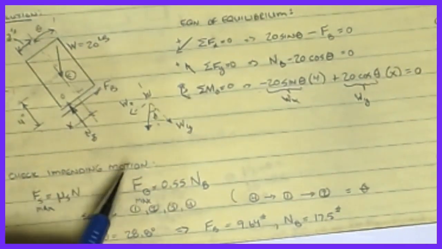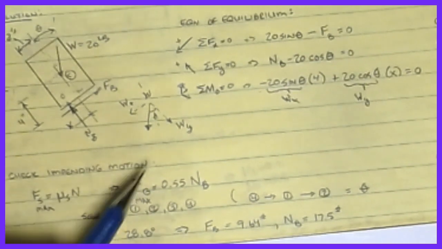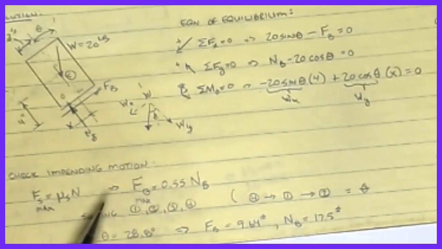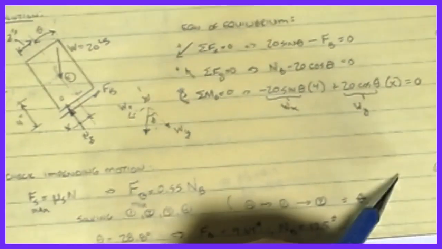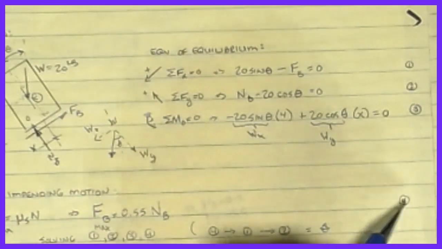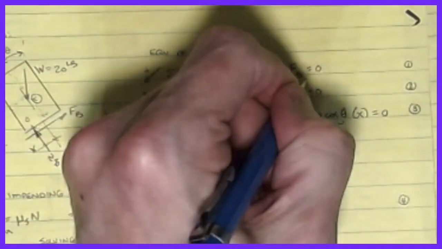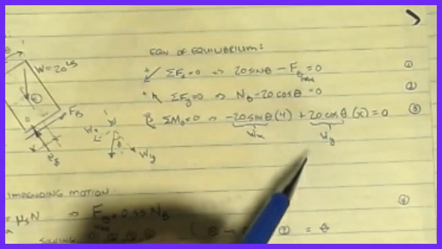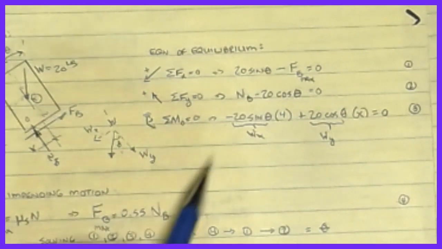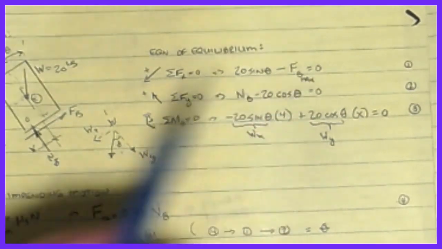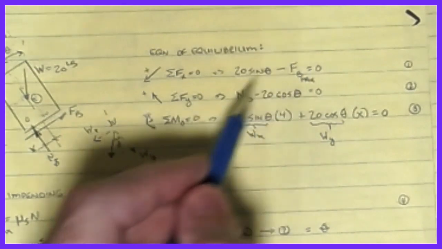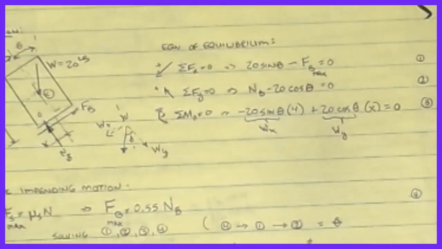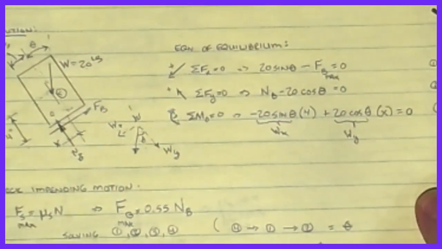So all I'm going to do is a bunch of algebra and substitute this guy in for FB. We're going to take our fourth equation and plug it into the first, that's my FB for equilibrium, solve for FB max, and then once I have FB max, I can find NB, and then NB can plug into here, and with that, I should be able to come up with an angle for theta. All right, and if I go through the algebra, again, that's just an algebra exercise, the information that shows up for sliding to occur would be that theta equals 28,